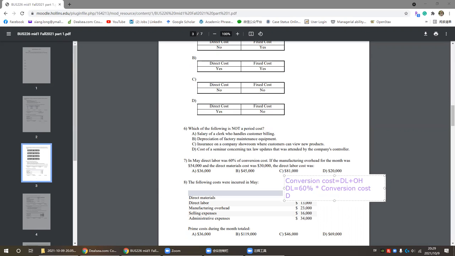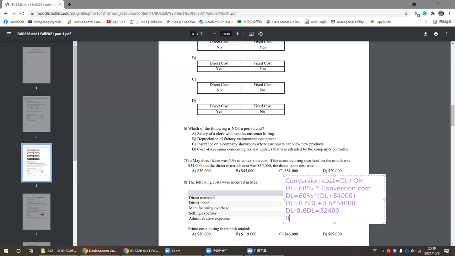So what we have is our direct labor will be equal to 60% times direct labor plus our overhead, which is 54,000. If we solve for this, direct labor equals 0.6 direct labor plus 0.6 times 54,000. We move this 0.6 from the right side to the left side, so we have direct labor minus 0.6 direct labor equal to 0.6 multiplied by 54,000, which is equal to